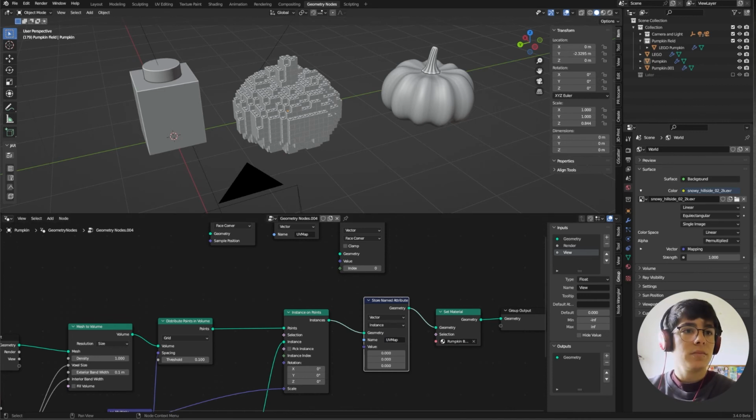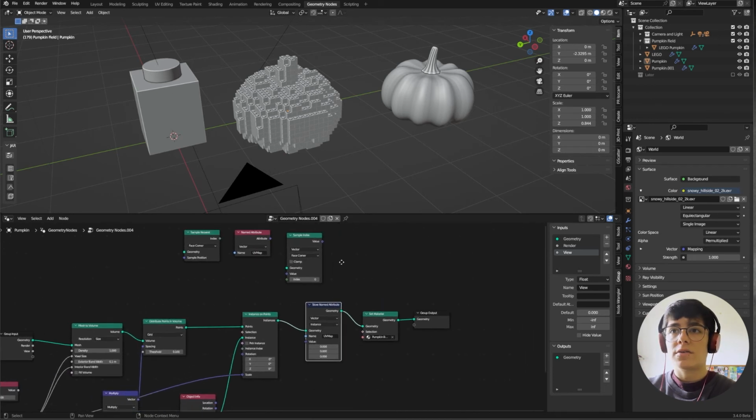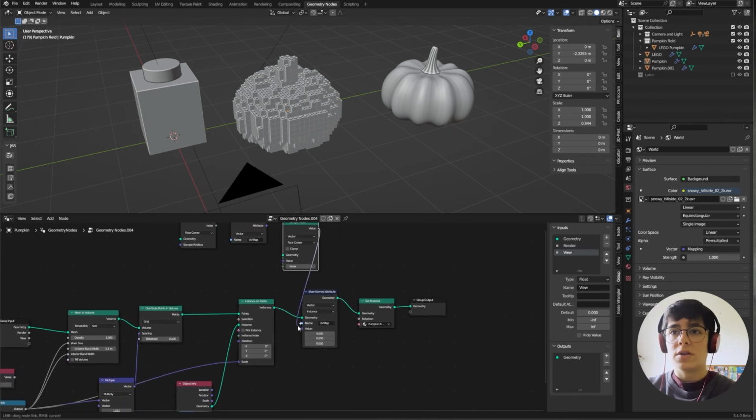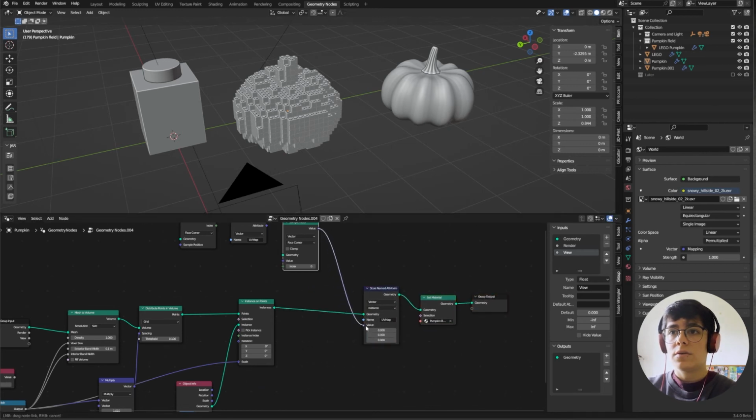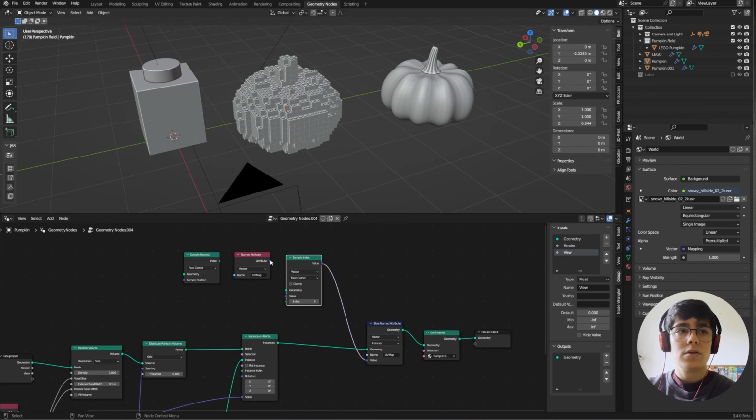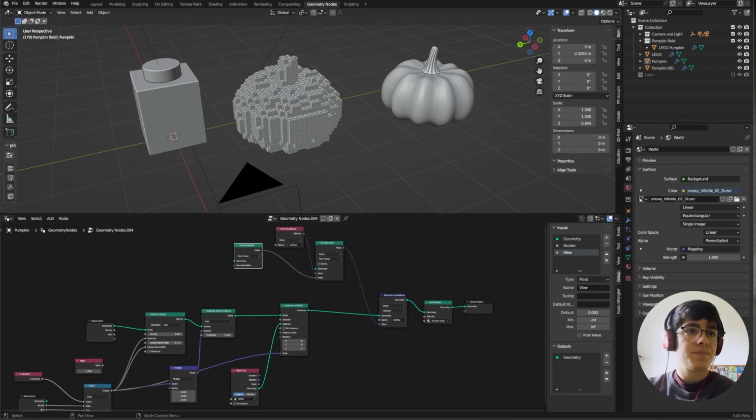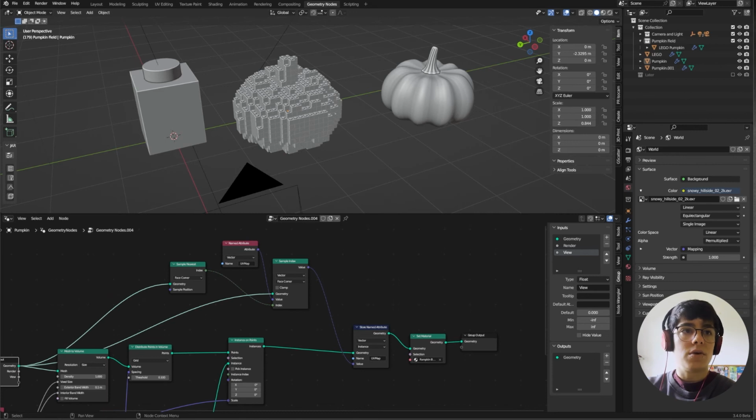Okay. So let's connect this value into here, value in here, the attribute to the value, this into the index, and the output into the geometry and the output into this geometry as well. And so now